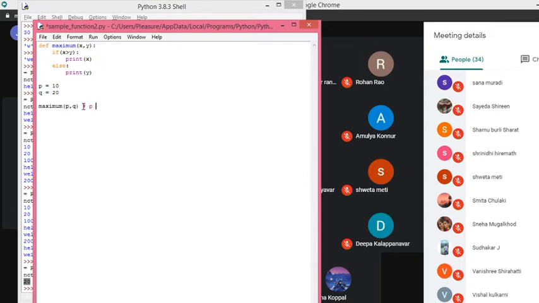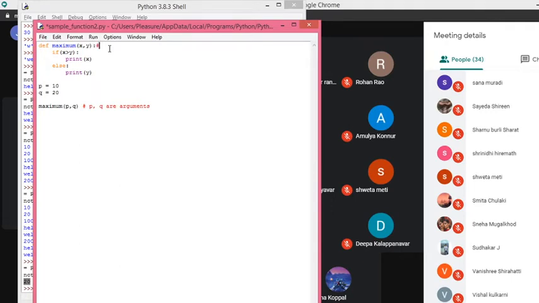So p and q are called as arguments. The arguments are used to pass inputs to the function. Getting my point? Then what are x and y here?